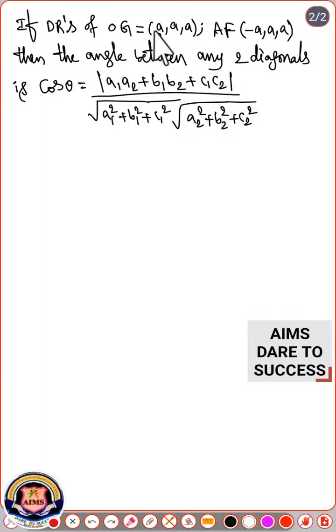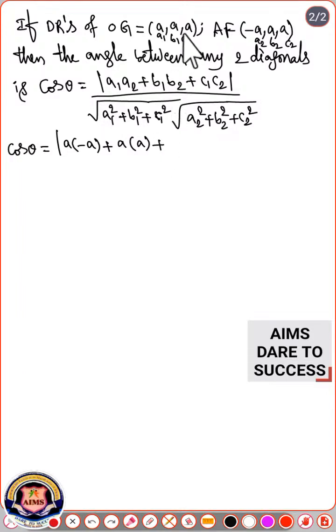Here first part is A1 B1 C1, second part is A2 B2 C2. Okay, my dears, just substitute in this formula. Cos theta is equal to mod of A1 is A into A2 is minus A plus B1 is A, B2 is